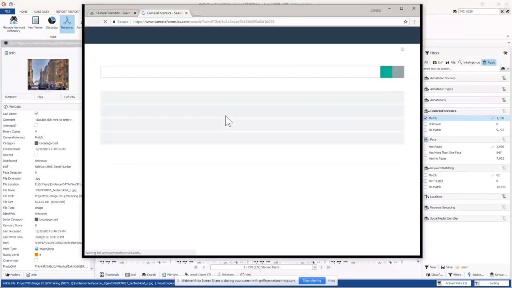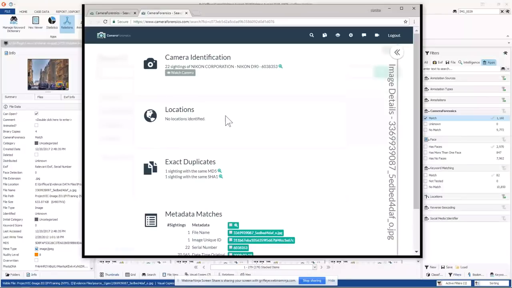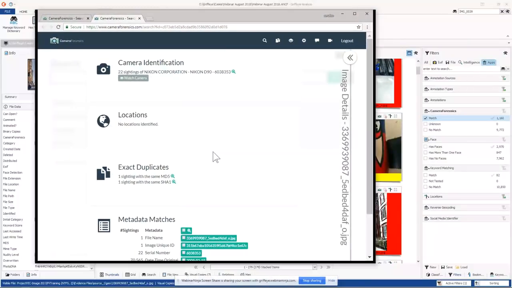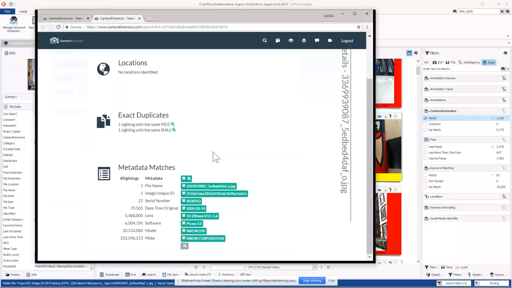Now, camera forensics is a website that crawls the public internet for files that contain EXIF data. So anywhere a file's been uploaded to the public internet, it basically crawls it and keeps a database of all those files. So I happen to pick this image because it's important in my investigation. So I sent it to camera forensics, and again, this gets processed on the way in. Once the processing is done, you can just click on any hit over here, and it'll bring you to the website. You do not have to be on an internet connected computer in order to use this technology.